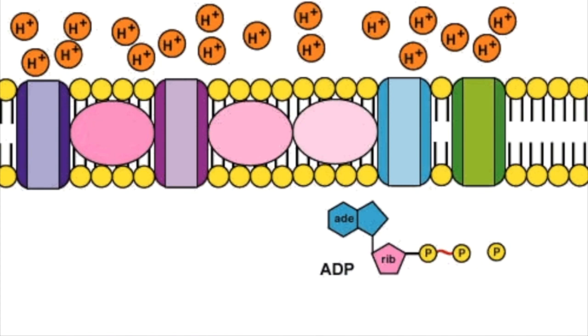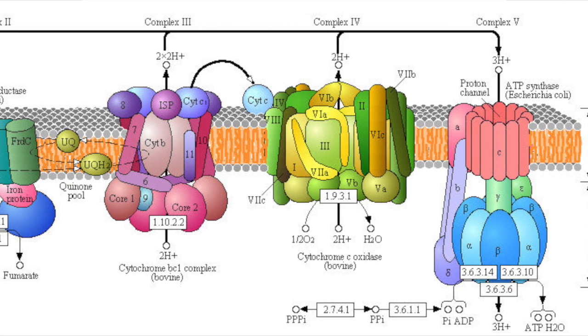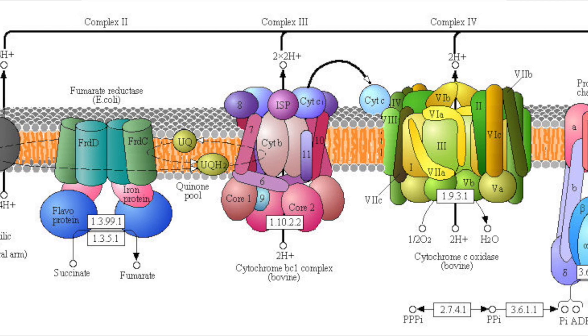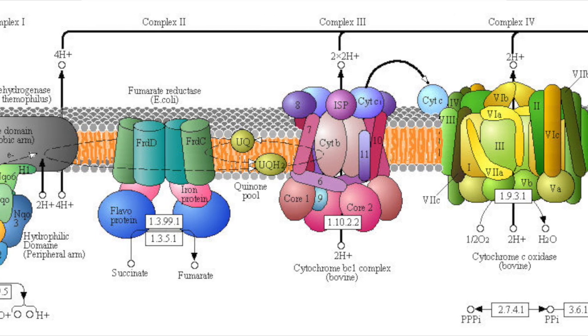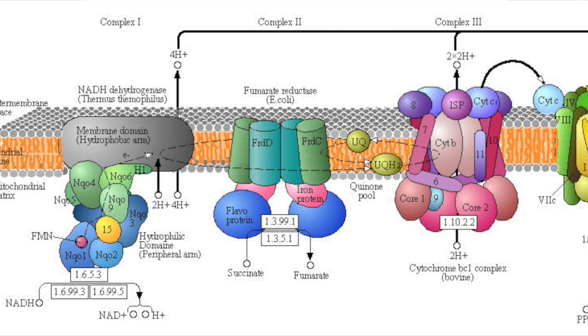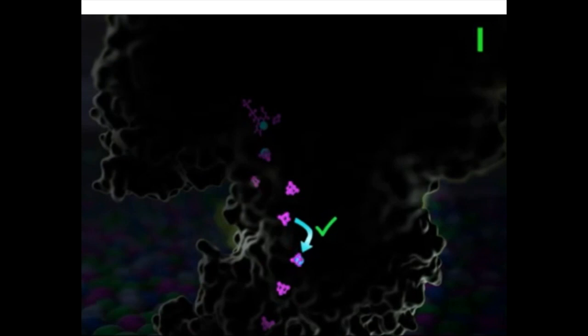With this, FADH2 would actually produce less ATP all around. Going with this, we will be looking at how NADH plus would go into